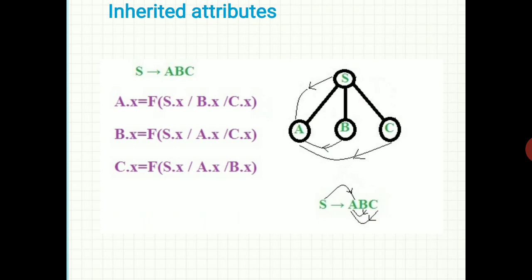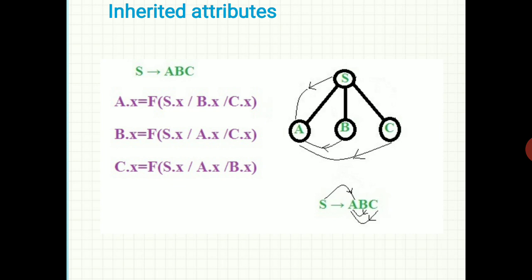The next category of attribute is the inherited attribute. If an attribute of a non-terminal depends on the values of attributes of its parent or siblings in the parse tree, then we can say that it is an inherited attribute.